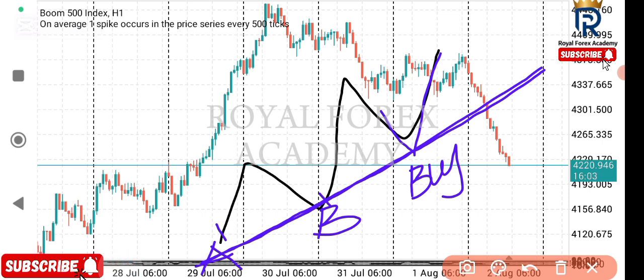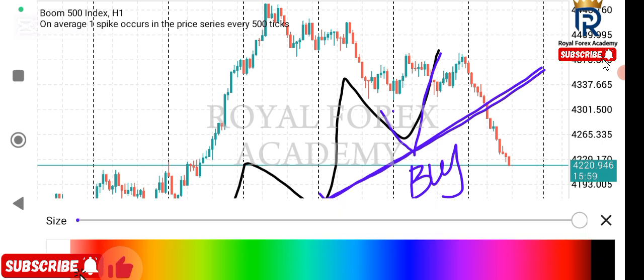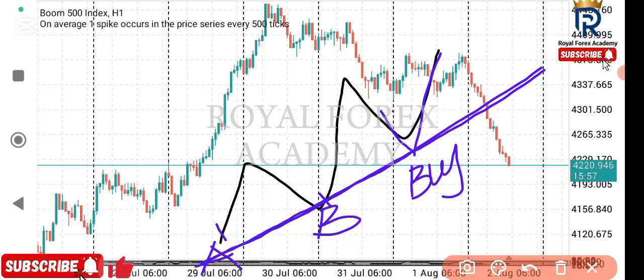But there are scenarios whereby price will not touch your trend line. There are scenarios where price will come to this zone and then continue to the upside. In such a scenario, price will not touch your trend line. And if you were only told that you should buy when price touches your trend line, it means that definitely you will not be making an entry,